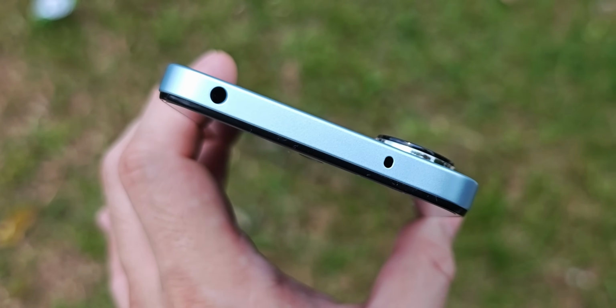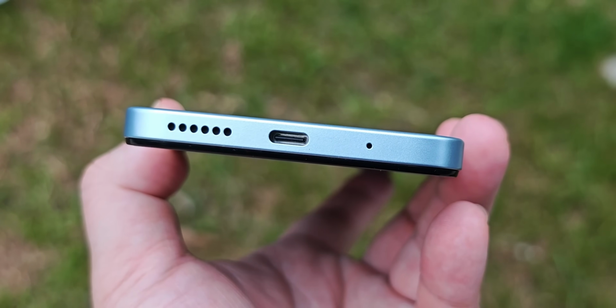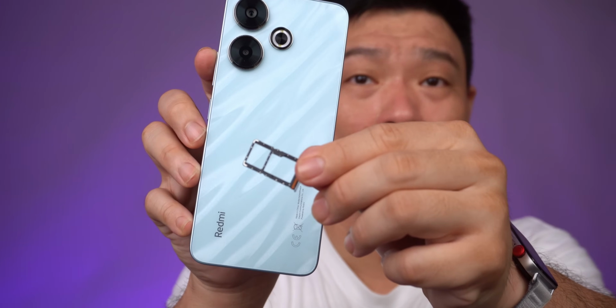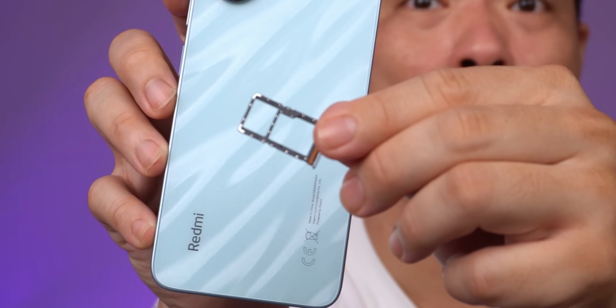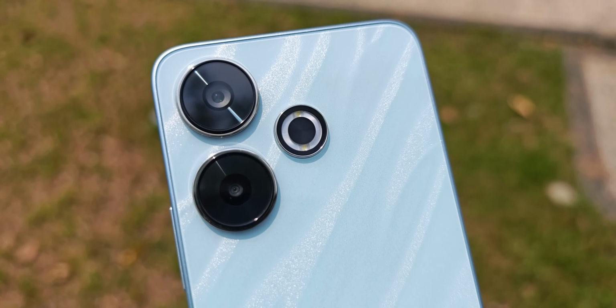One thing to expect here is that meron pa siyang audio jack dito. Except that this is only a single loud firing speaker. Dahil ang kanyang loudspeaker is only one here sa ilalim. Good news sa inyo, this is a hybrid, so you can put dalawang 4G SIM or isang micro SD expansion plus isang 4G SIM. Now, there's a ring light looking dito na ilaw sa likod, which akala ko una mala